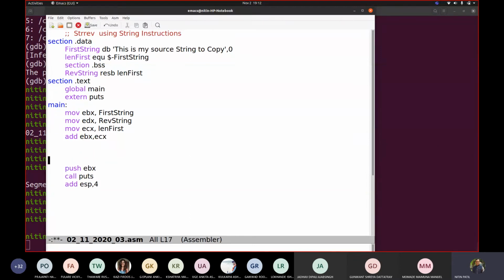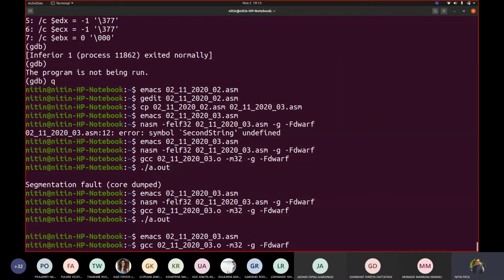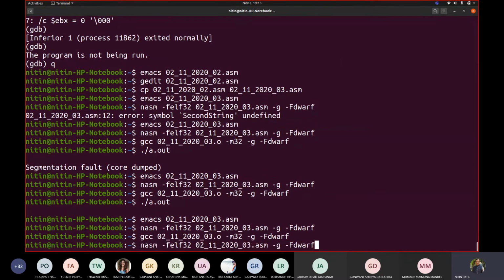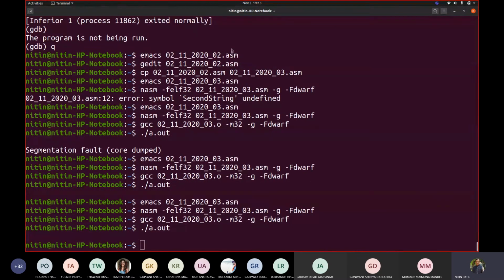Fine. So I'm reaching here and decrementing. Let me write this. I'm replacing this with ESI and EDI, and here I am writing ESI comma ECX. Decrement ESI by 1. Now if I print ESI, let us see what it displays, whether Y or 0. The 0 is a string terminator. Nasm, gcc, a.out. It doesn't display anything.